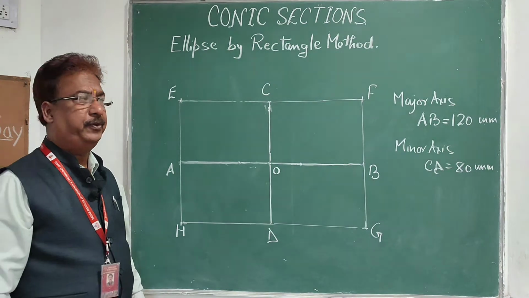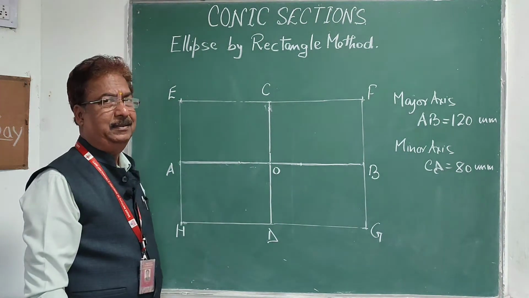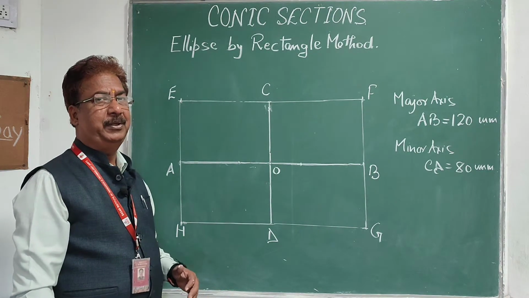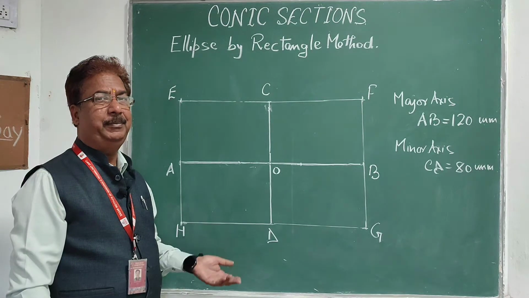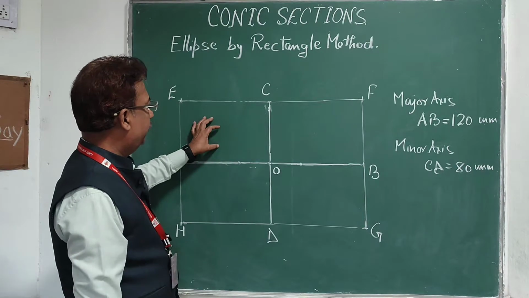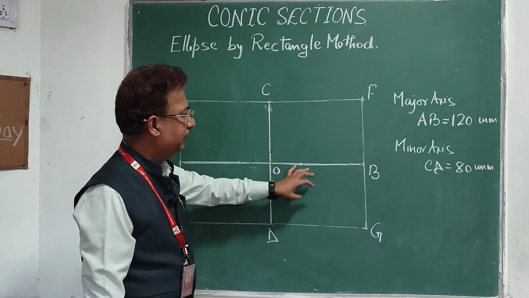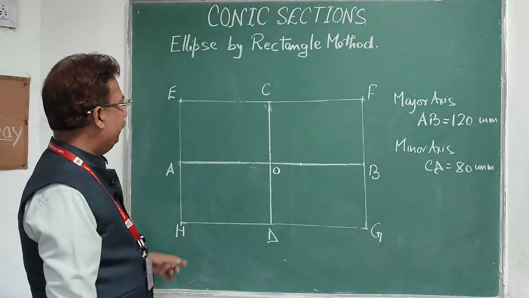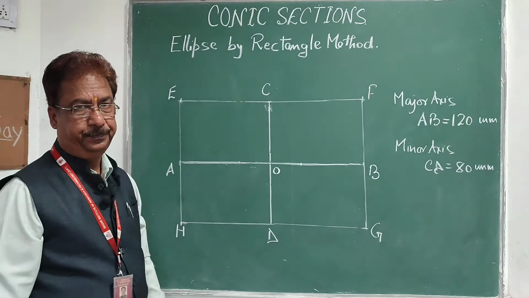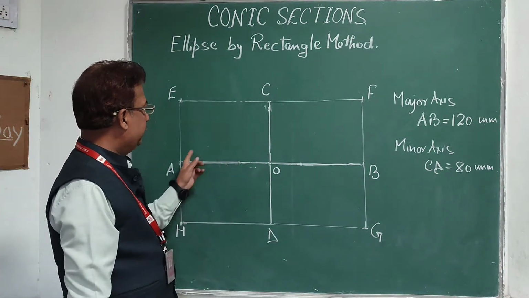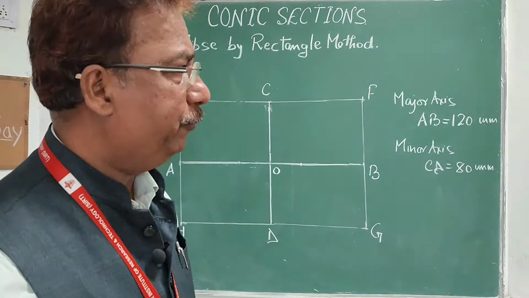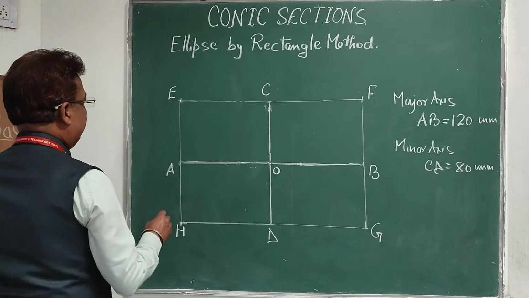If you look at this figure, here we are having 4 equal rectangles, and as you know, the ellipse will be symmetrical on both sides of the major axis and both sides of the minor axis. So piece by piece I am going to draw the 1/4 part of the ellipse here, then second, then third and then fourth. Initially I want to work only on the first rectangle, that is A, O, C and E. In this, AO will be the bigger side, CE will be the shorter side. I am going to divide this AO